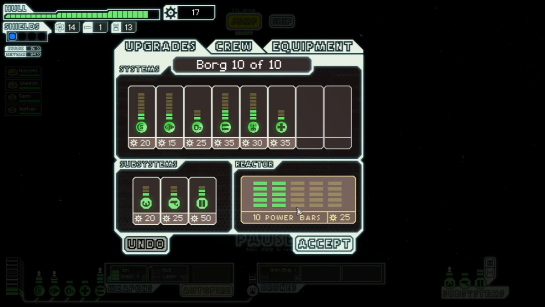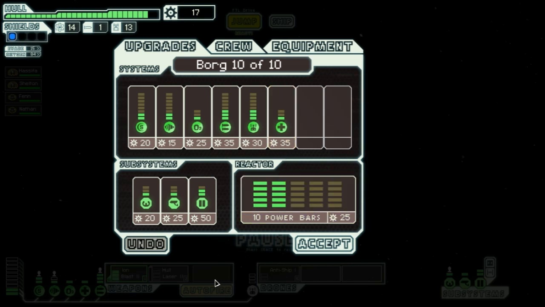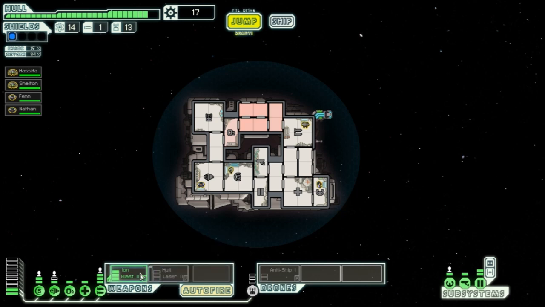Plus we need 3 power bars, which is another 75. Now another option is to depower the ion blaster and then power the hull laser. The problem is it takes a long time to charge up, but if I notice that the enemy shields are down, I can turn off the ion blaster and take out the hull laser and then see if we can really